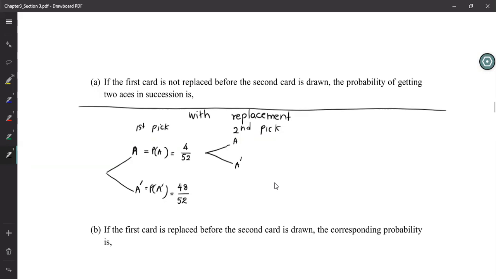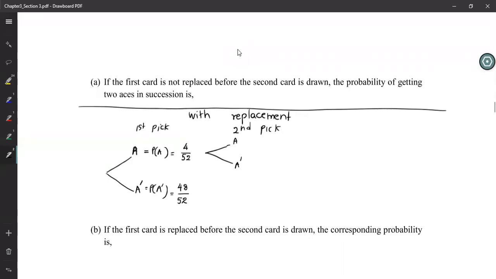Now, how do we pick the card? With replacement. For the first pick, you had the card, you check whether it is A or not A, and put it back. Now, when you're going to pick the second card, how many cards are there in your deck? Remember, you put the card back. So still you have those 52 cards. Is that clear? It is like you are in the initial state.